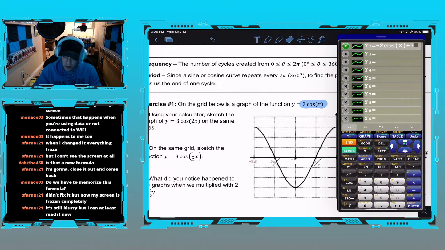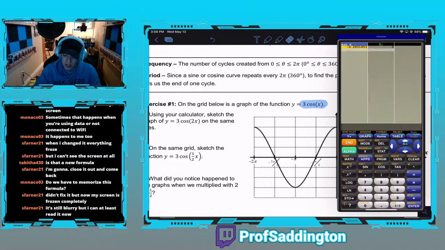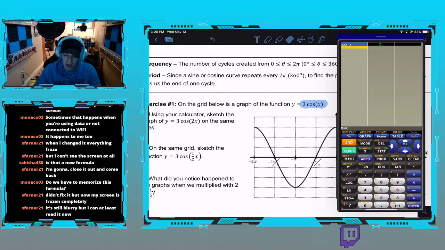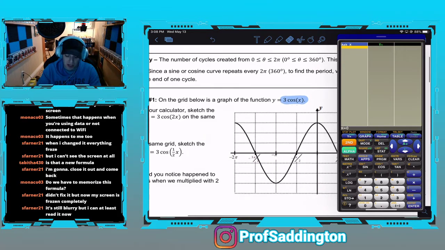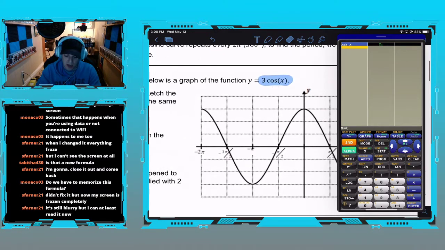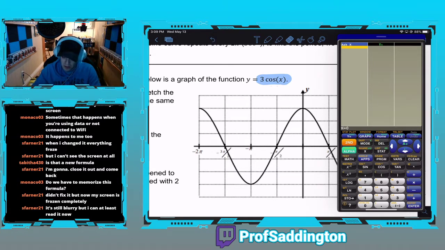I'm going to hit y equals, let me clear out what I have in there, and I'm going to type in the next one, which is 3 cos 2x. And I'm just going to go to my table. I'm going to delete off what I have in there. Remember, if you guys have numbers in there, you have to go into the table set and make sure that your calculator is on ask, not auto. So now that I'm on ask, I'm just going to start typing in these values, figure out what the answers are. I'll start off by doing negative 2 pi,